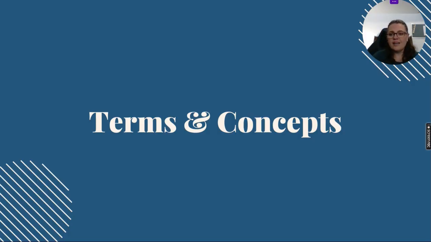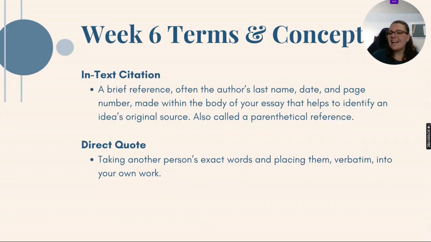For this week's terms and concepts, first we have in-text citation. This is a brief reference, often using the author's last name, date, and page number, made within the body of your essay that helps to identify an idea's original source. This is also called a parenthetical reference. Next, we have direct quote. This is taking another person's exact words, word for word, and placing them verbatim into your own work. It is all of the words, the punctuation, the spellings, everything directly taken from that original source